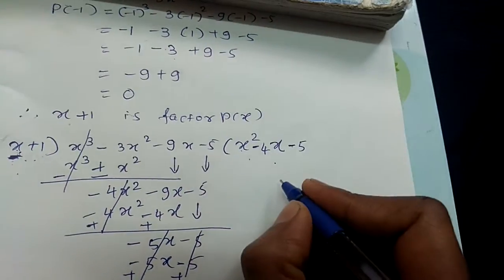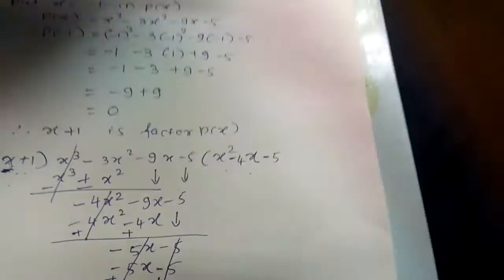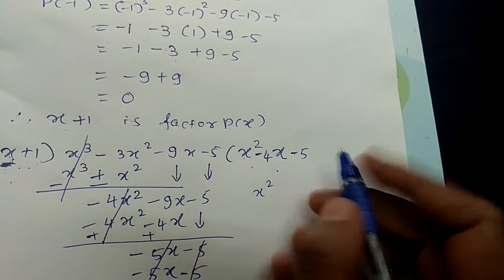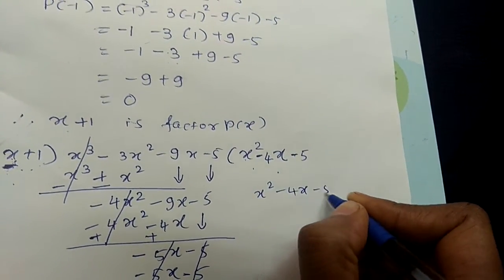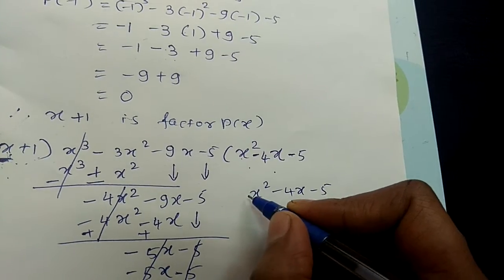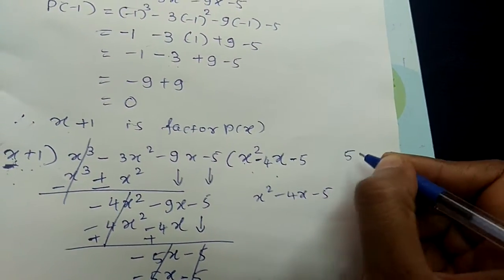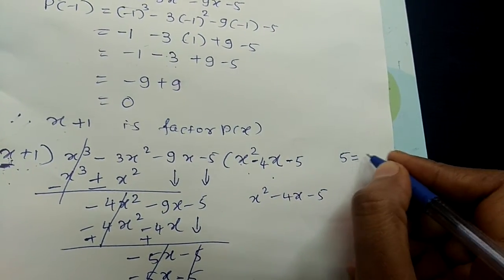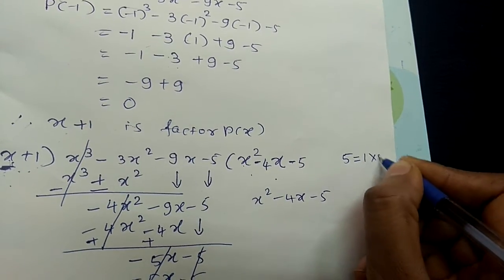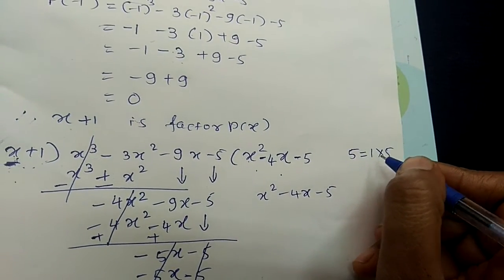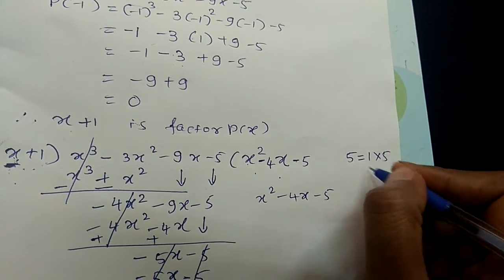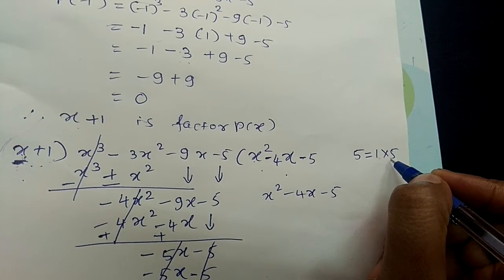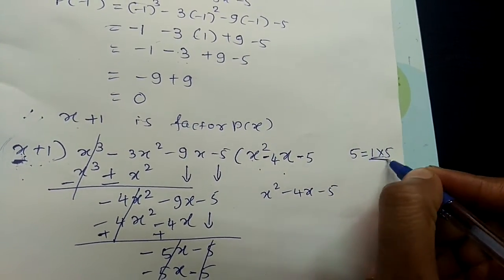Here I'll explain how to find the factors by splitting the middle term. We keep x square as it is. I'll write once again minus 5. The coefficient of x square is 1, and 1 into minus 5 will be minus 5. Or you can take plus 5, no problem; 1 into 5, just ignore the sign. So what are the factors of 5? 1 fives are 5 and 5 ones are 5. These are the only factors. By adding or subtracting these two, we should get the middle term. Adding will be 6x, subtraction will be 4x. So these two we are going to use.